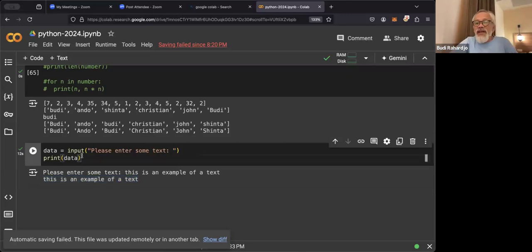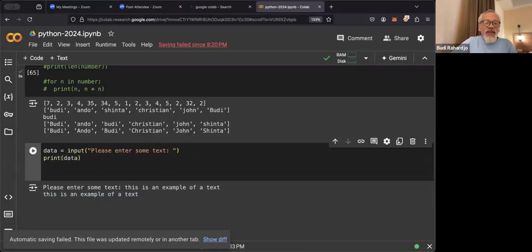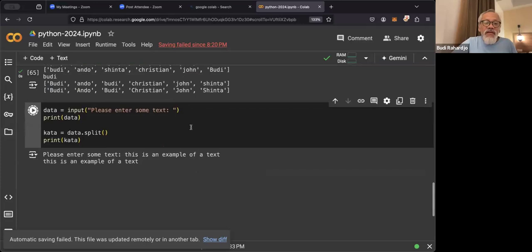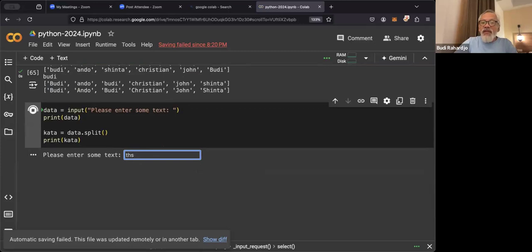So now, for example, I can split the data. Okay, I can do this: kata, data split. This is a very long line of input, and I want it to process.